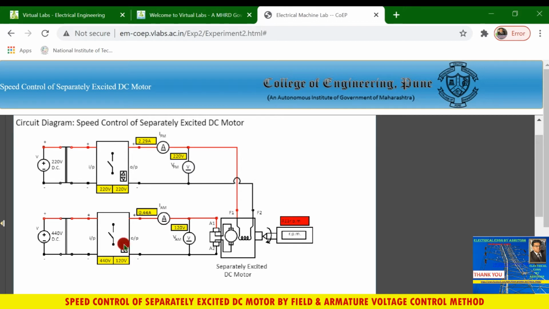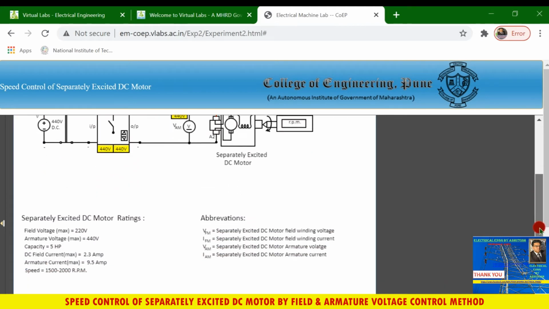Okay, so it is increasing, and you have to increase the level of voltage until it reaches 440 volt. That is the rated voltage across the armature of the DC motor. Okay, it becomes 325, then increase until it reaches 440. Now you can see guys, the motor has been started, and it is running at 1516 rpm. This is the tachometer connected for measurement, and this is the reading of the tachometer, 1516 rpm.